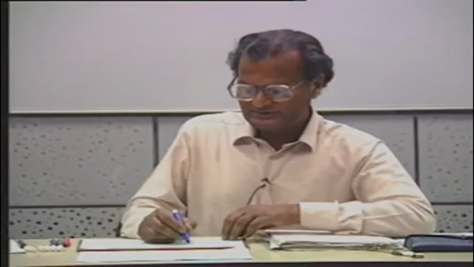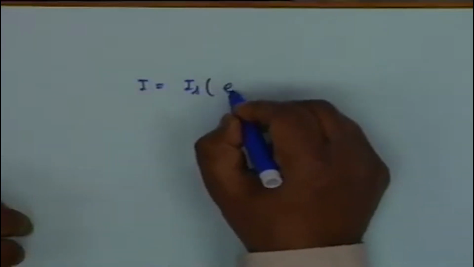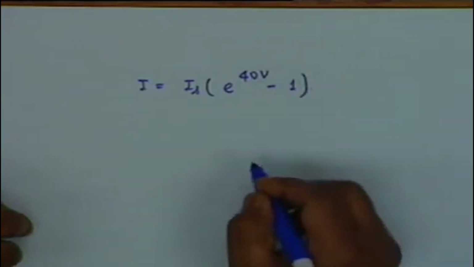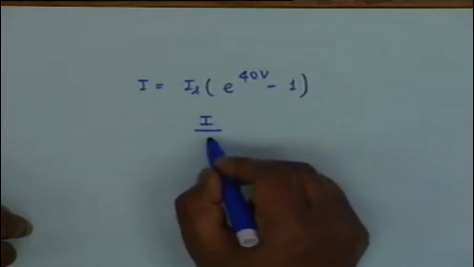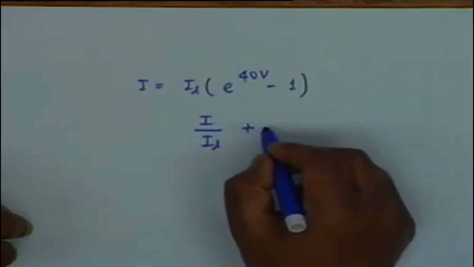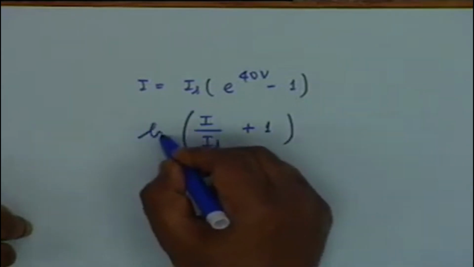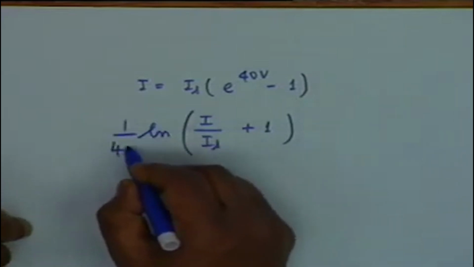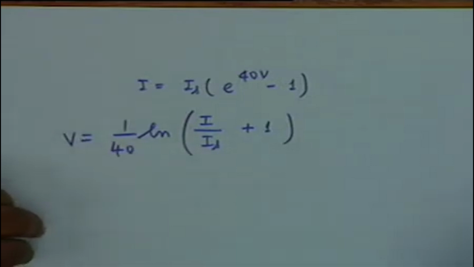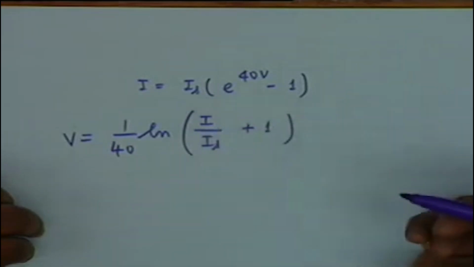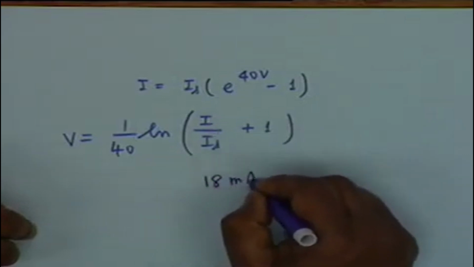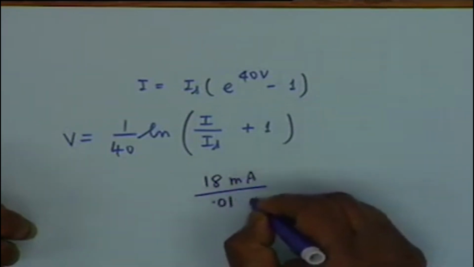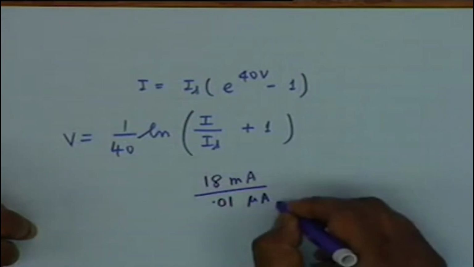We go back to the equation, that is capital I equal to Is times e to the power 40 V minus 1. We have to find out V if I is given, and the simplifying feature is you divide by Is, add unity, take ln and divide by 40. This will be V, and in most cases I by Is would be very large compared to unity. If it is forward biased, then capital I shall be of the order of milliamperes. For example, here it is 18 milliampere and Is is 0.01 microampere, and therefore this quantity is very large compared